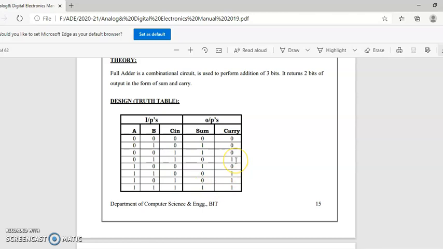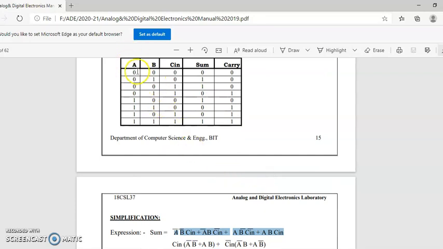For carry it is 3, 5, 6 and 7. Please do correct this, it is not in a sequence. So 0, 1, 2, 3, 4, 5 you write it, and then 6 and 7. That is how you need to do it.